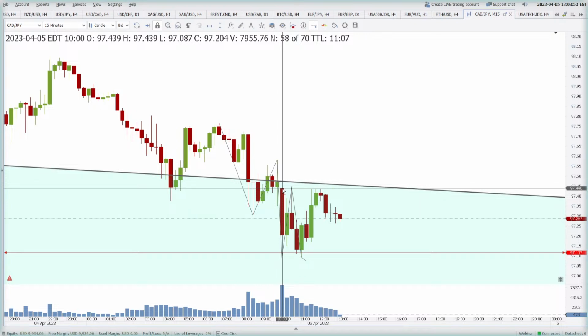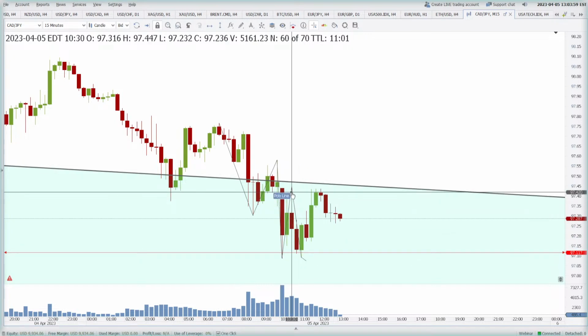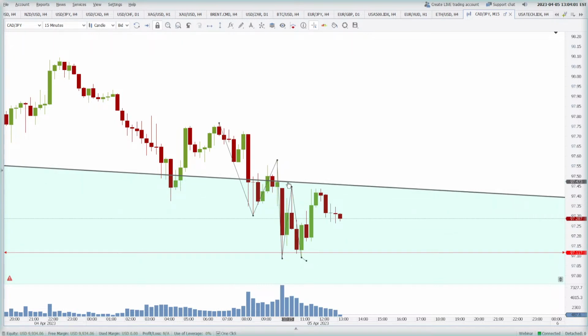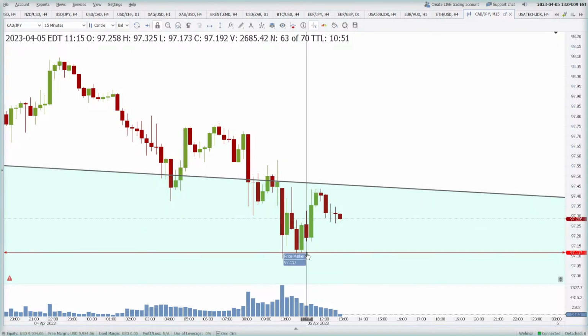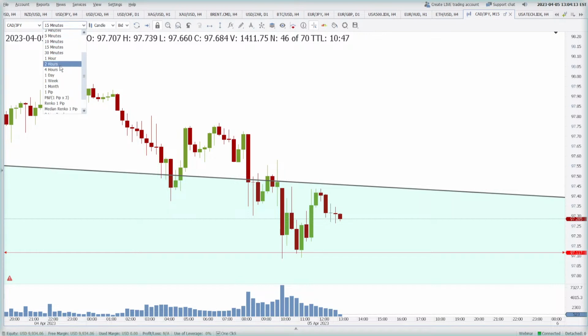The low in this candle was 97.08 and this candle was 97.09. So this was the lower low. So this was the established high. Okay, guys, the low here was 97.09, here was 97.08. So this was the lower low, this was the higher low. So the established trend will be okay. On the 15 minutes, it is not broken.